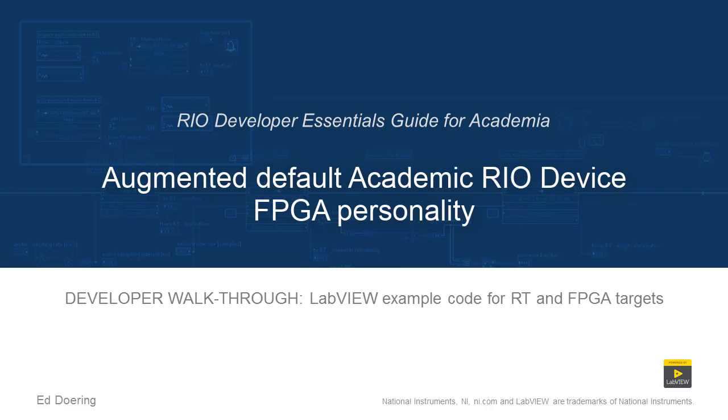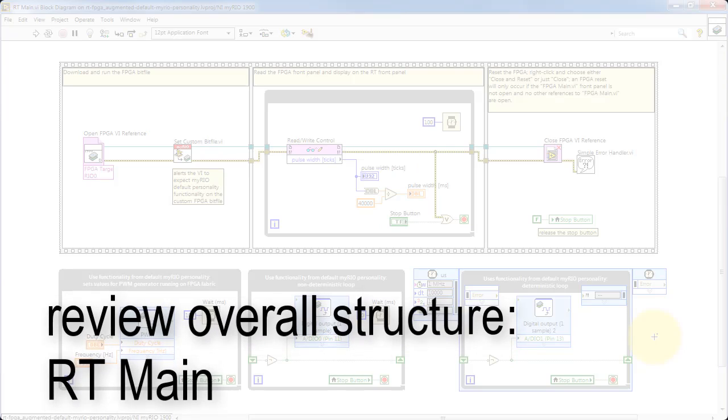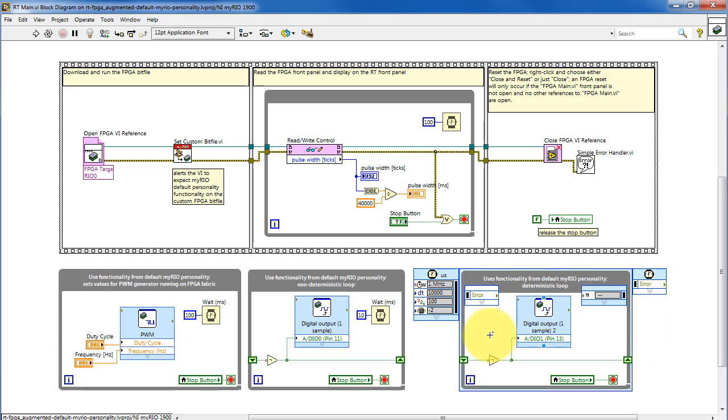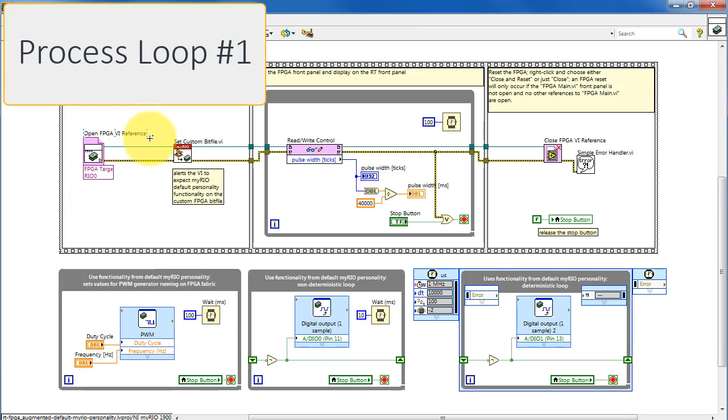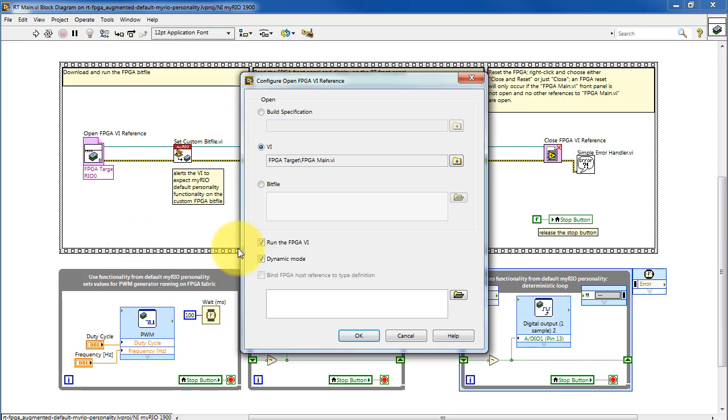Alright, let's take a closer look at the code in this LabVIEW project. I'll begin by taking a look at the overall structure for RT main. RT main has a number of process loops, and in process loop number 1 we open a reference to the